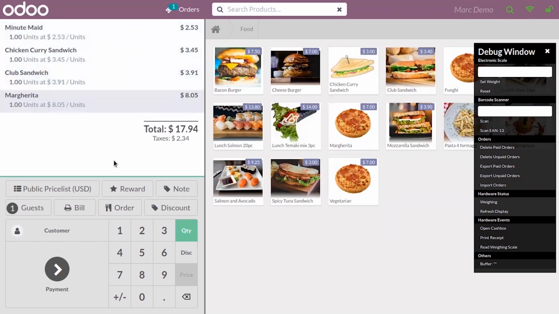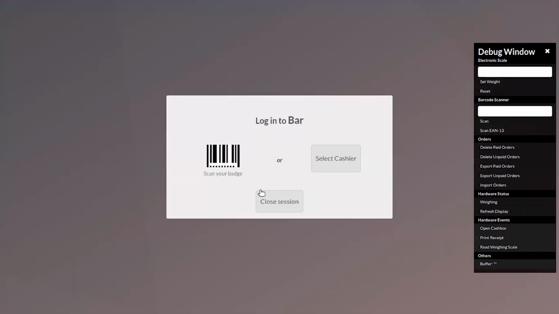You can see this option is available in bar or restaurant. When you click on this order, you can send orders to the kitchen. Okay, now we can close the session.